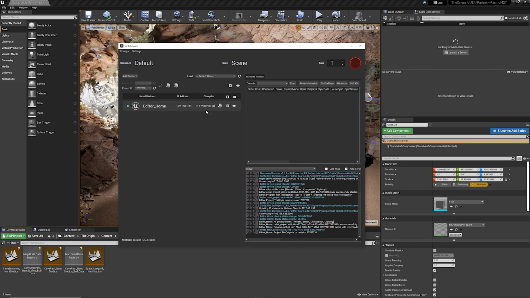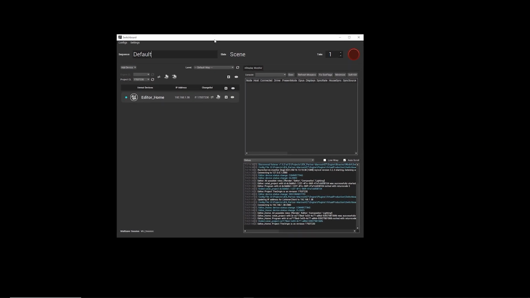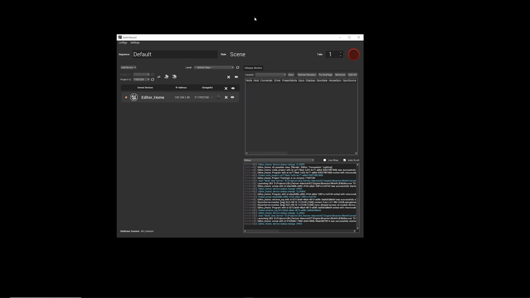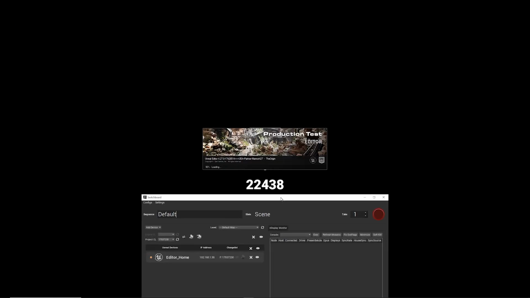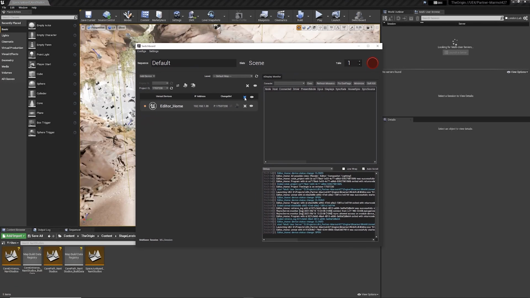You can see that we've actually got our Perforce change list because we connected that earlier. I'm going to talk about that shortly. And actually what I'm going to do now is I'm going to close Unreal Engine in the background and show you, at the core of what Switchboard allows us to do. So we're just going to launch Unreal Engine from here. So just click this button. You can see that it automatically starts a multi-user server here, but we'll talk about that shortly. And we can just now see that Unreal Engine is now launching, and there we are. And so we can also now close this Unreal Engine instance by clicking this X.